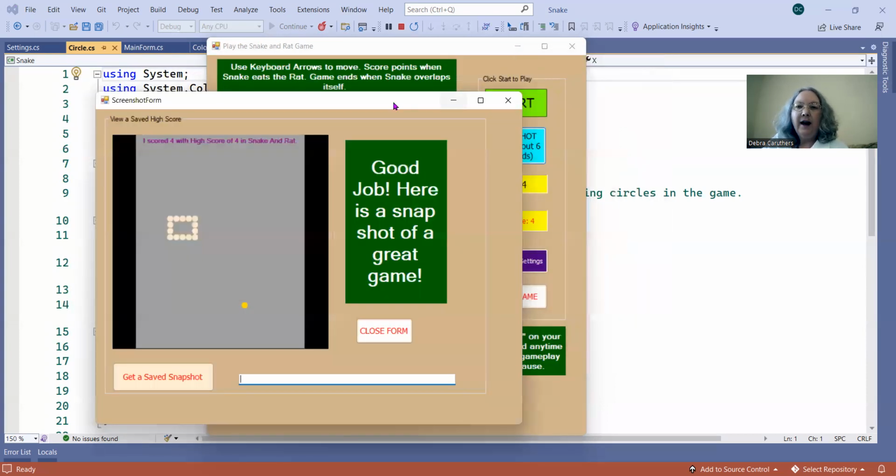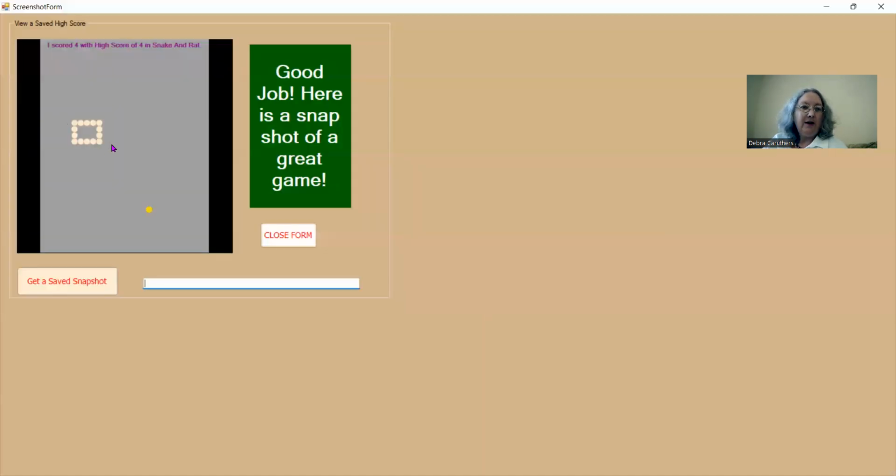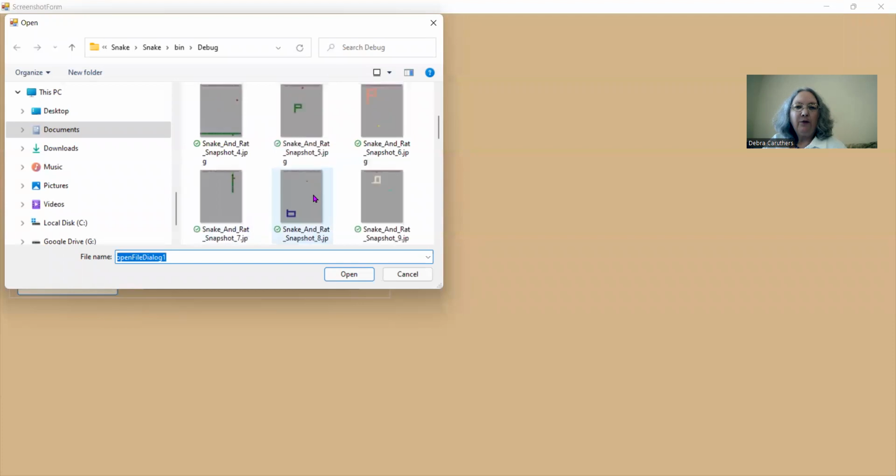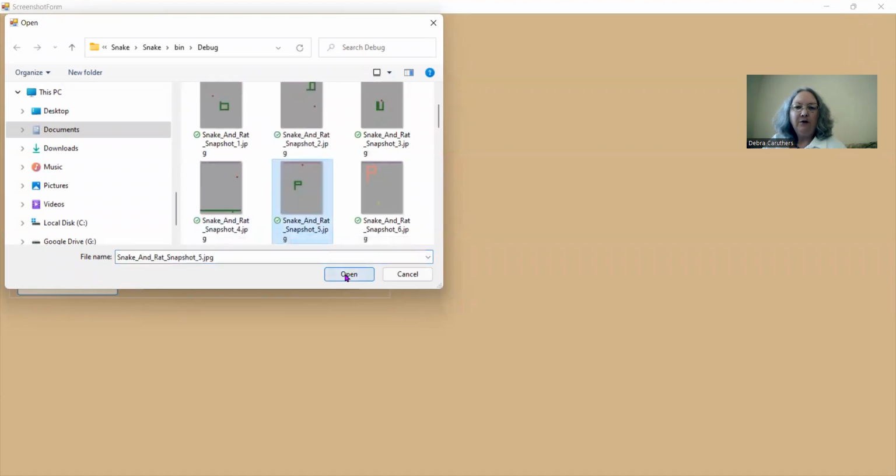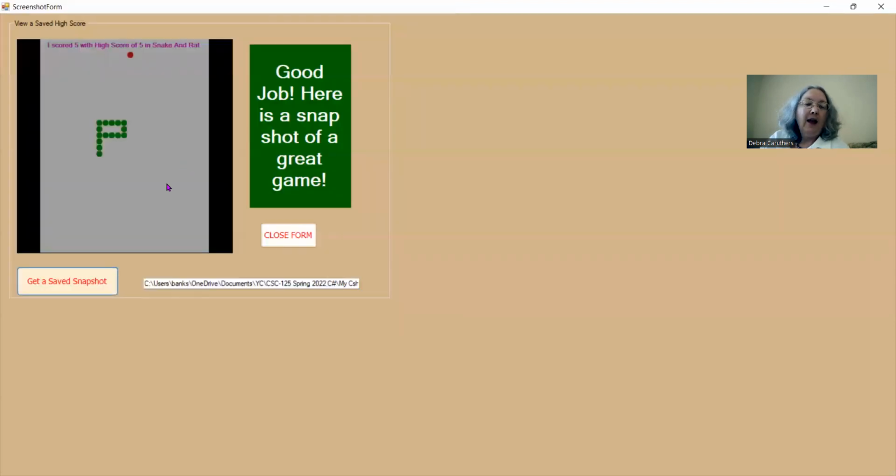And here is that third form. So you can see it is showing me the screenshot of the game I just played. And it even lets me click a button so I can view any of my previous saved games. Here's an old one. And also in the JPEG in the program, we added a text caption up here that